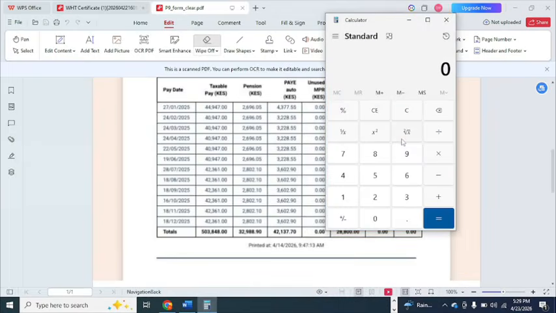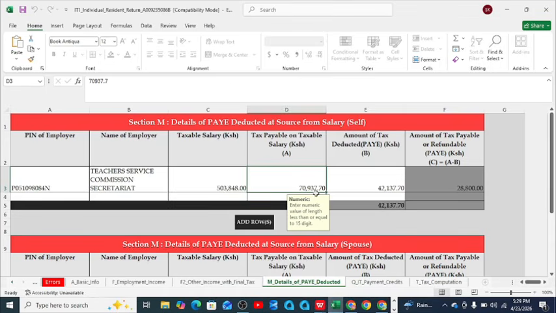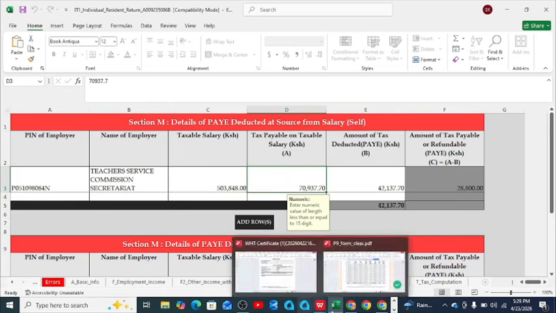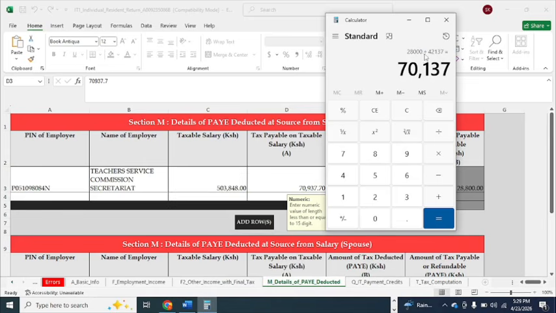So you are supposed to take this value of 28,800 added to the value of the pay of 42,137, giving us a value of 7137. I have ignored the decimal point, but we shall include them. 7937 point. Let me get back to the calculator. So we are supposed to take 28,800 added to